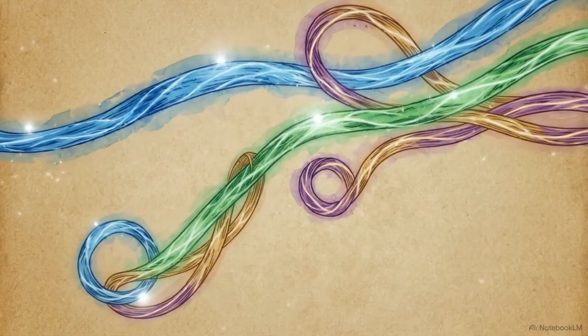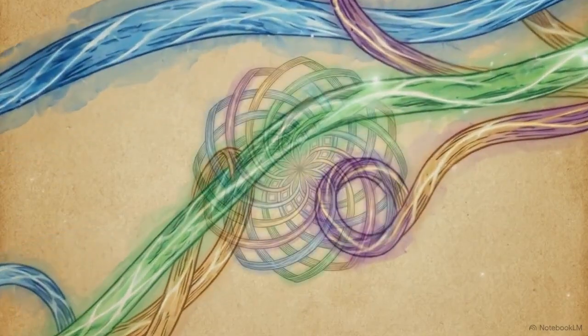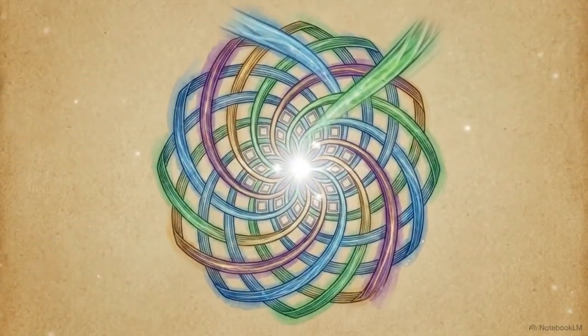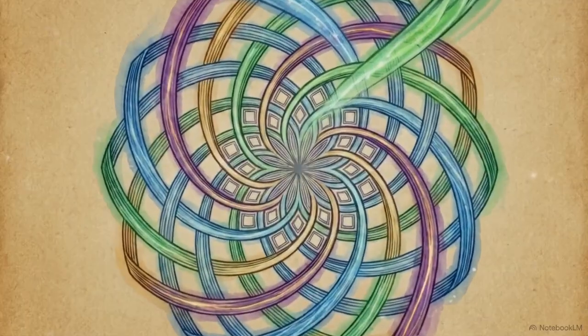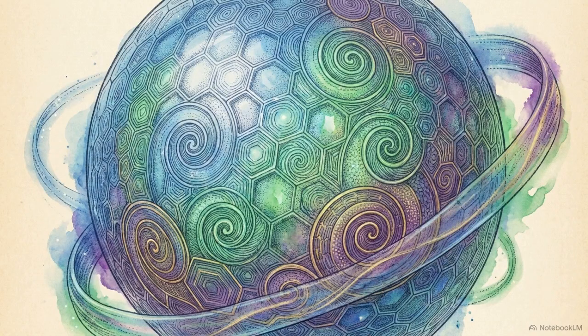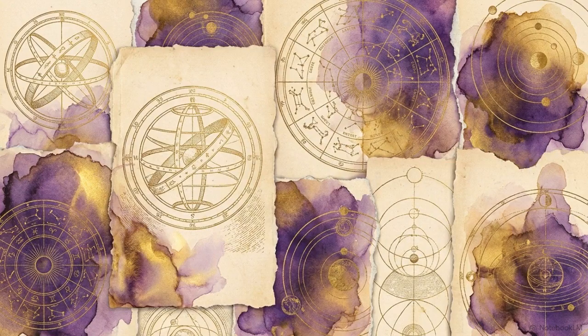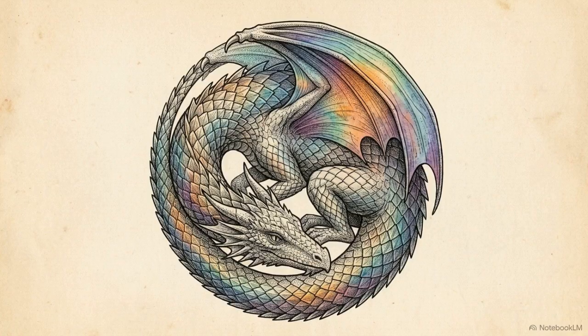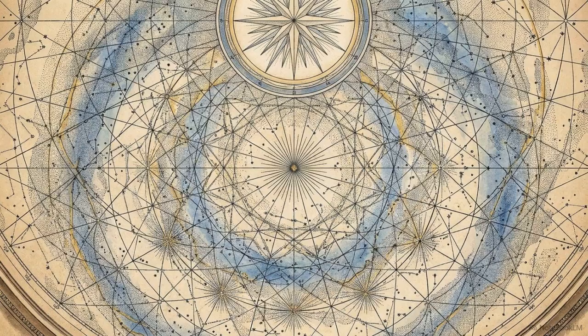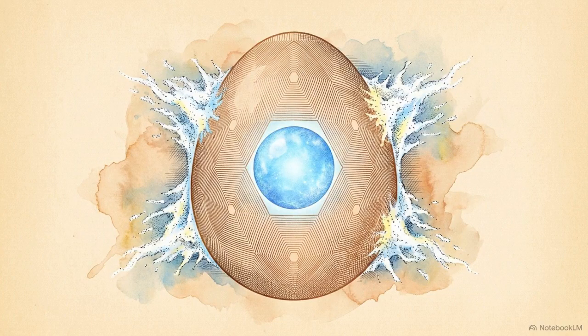These three frequencies, blue structure, green life, and purple gold law, weave together continuously to generate the operational interface of our universe. The cosmos functions as a chromatic operating system, using refracted light to compute the limits of our existence. Ancient maps frequently contradict one another on the physical appearance of the cosmic boundary. One culture describes a serpent, another a celestial gate, and another a vaulted temple ceiling. Despite these visual disagreements, every model shares a single invariant rule. The shell operates as a filter that protects the observer.